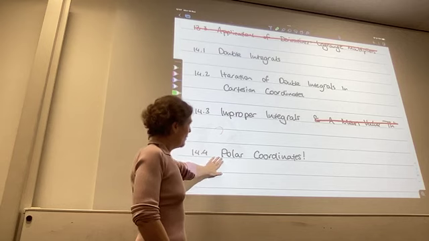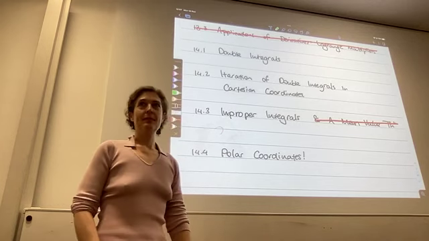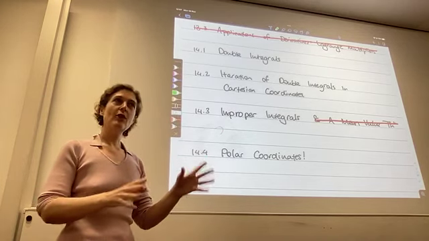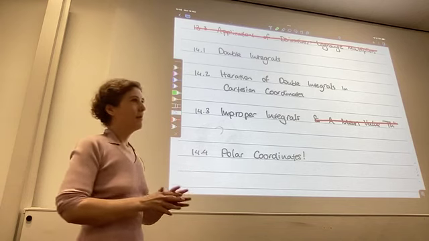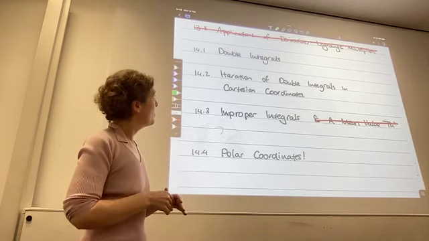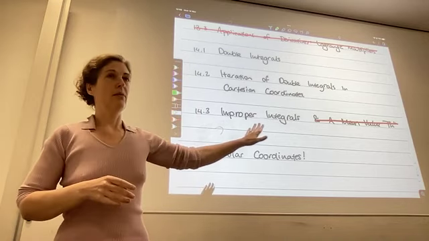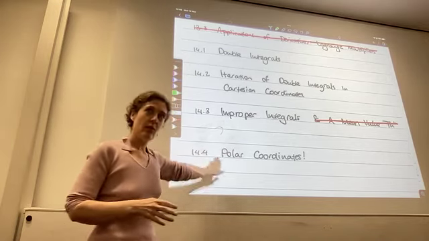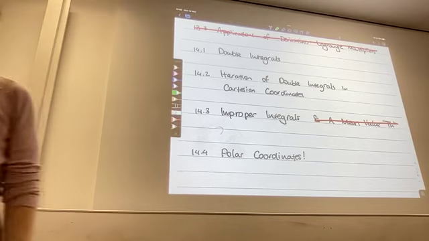And if we're lucky, we will get to polar coordinates. So I'm not quite sure how far we'll get today. And I'll base the tutorial and obviously the midterm on how far we get today. So if we don't get up to here today, that will not be in the midterm. Okay, so